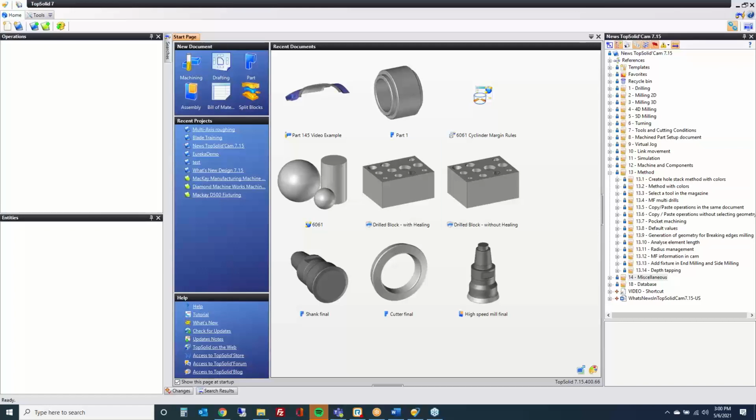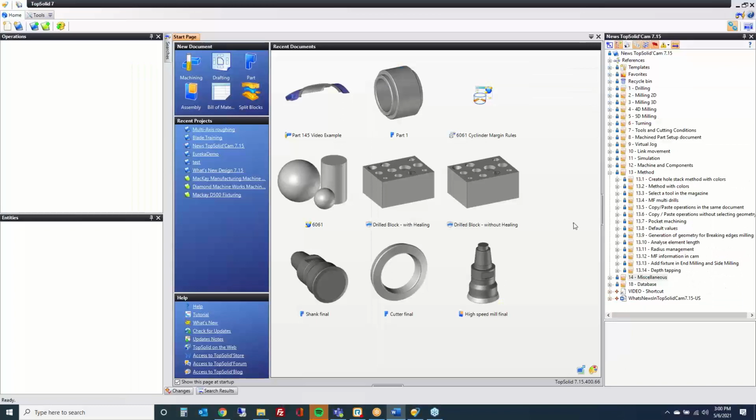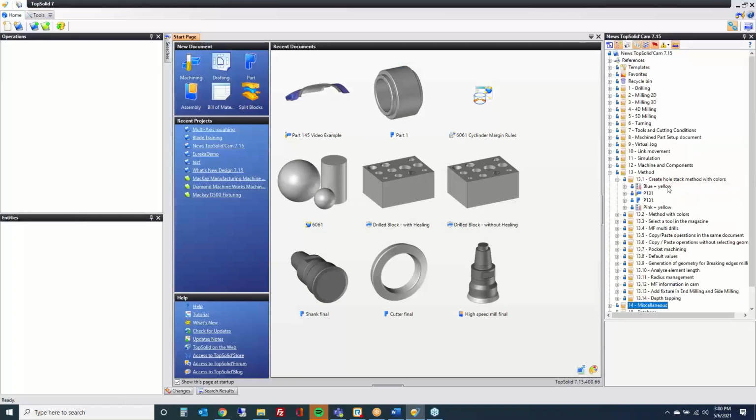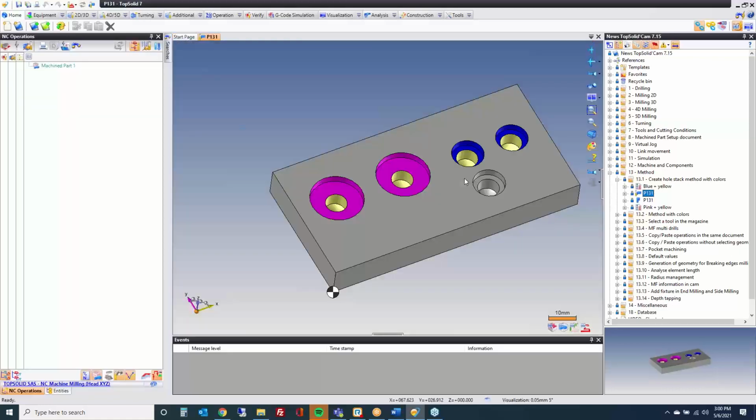So let's get started. So with methods, and actually this one I think I can show live. Some of them I'll show live, some I'll show with videos. One of the first improvements here is within the analysis of drillings and cylinders when we use the menu create hole stack method. And what does that mean? So if I go into my analysis tools,